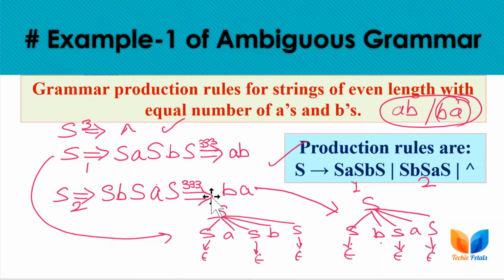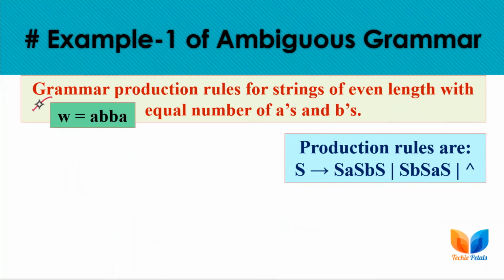or we can say only one syntax tree. We cannot have any other derivation option for AB, and also we cannot have any other derivation option for BA. We have to go with the second production rule only, and for AB we have to start with the first production rule only. So there is no other option. But if we try to derive this string ABBA, then we can have two paths or two leftmost derivation trees.